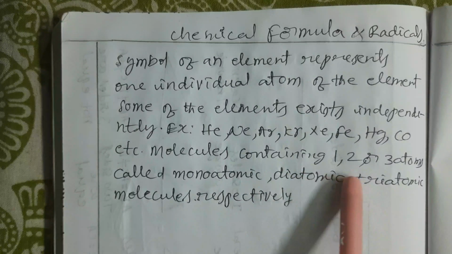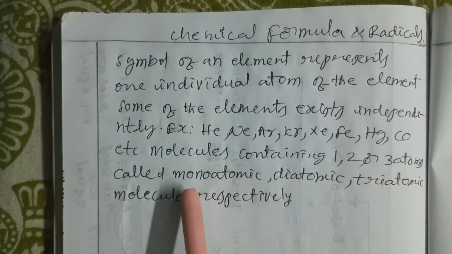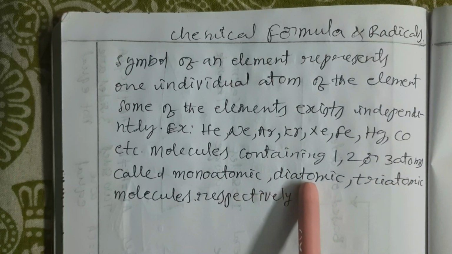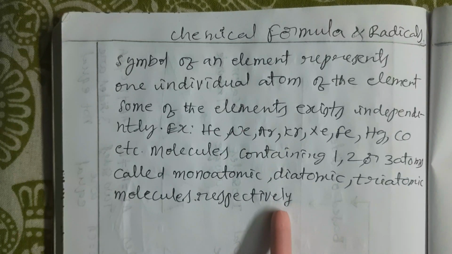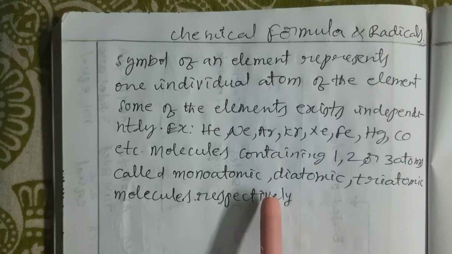Molecules containing 1, 2 or 3 atoms are called monoatomic, diatomic or triatomic molecules respectively. This kind of molecules we are going to discuss. Same kind of atoms joining are homogeneous atomic molecules. Different kinds of atoms form a compound. Either element or compound we can call. Some of the compounds' symbols I shall explain, which are